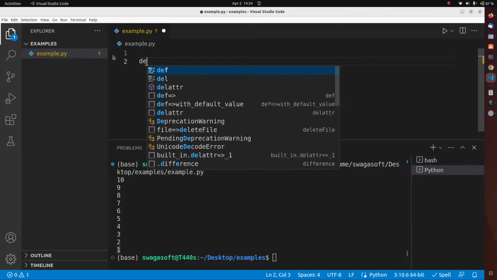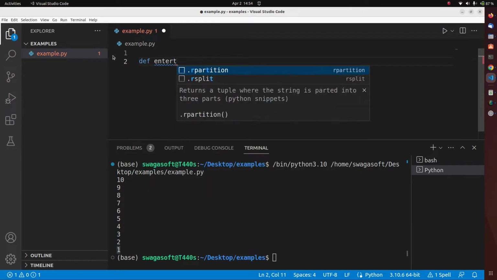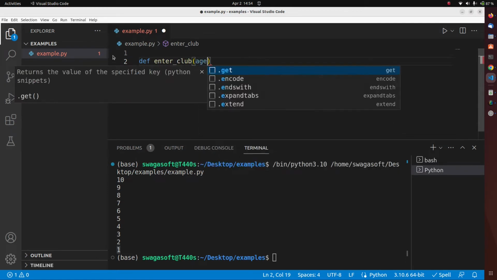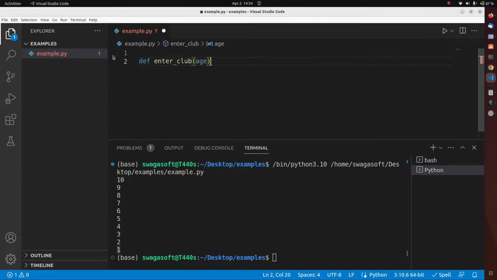Okay, so let me define a function, right? Enter club, for example. So this club is going to take what? Age, right? What we want to do is check if the person is of age, right? So let me put a comment here, for example. So the comment is